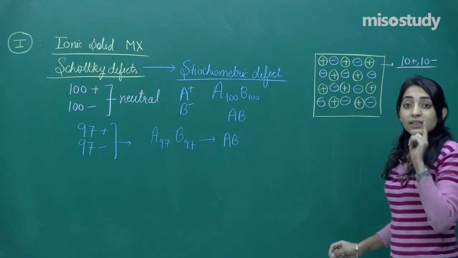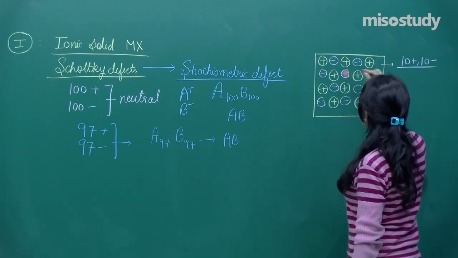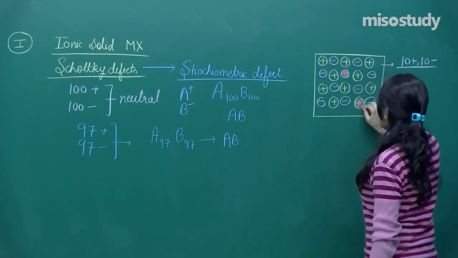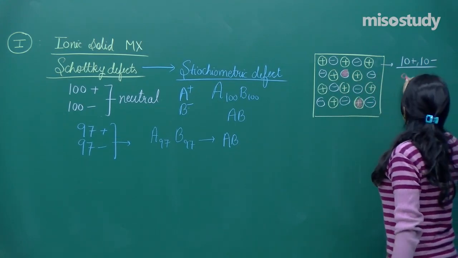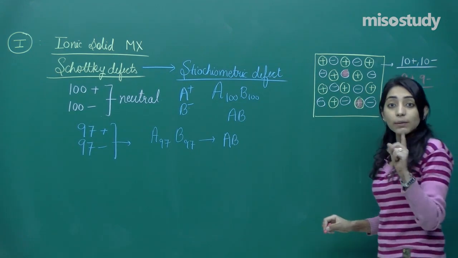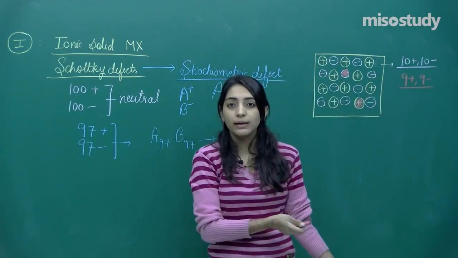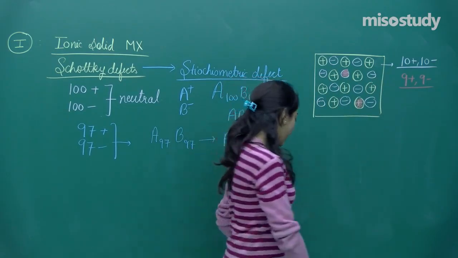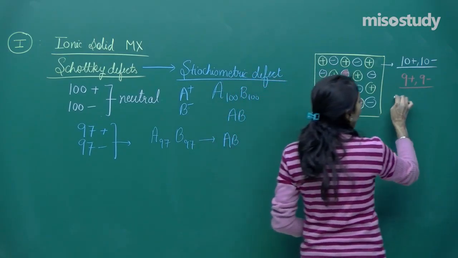Schottky defect occurring means a cation and an anion will be missing. So one anion goes out and one cation will also go out, right? Now how many cations and anions are there? There are 9 positive, 9 negative, right? That is our statement number 1, that the equal number of cations and anions are present. But why so equal number of cations and anions are present? Because now you can say, right, that when one